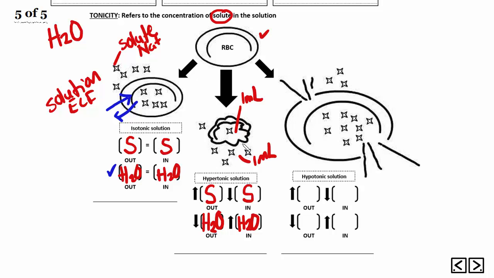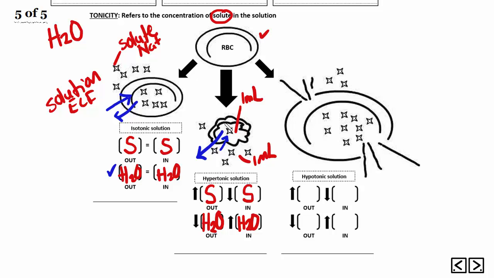More salt outside. And because salt can't move freely through the membrane, I mean, it can move by facilitated diffusion or active transport, but all that is relatively regulated, whereas water can just move very freely. Because of that, more water will leave the cell towards the salt. Water moves towards salt, you can put it that way. Or really what's happening is water is moving down the concentration gradient from high on the inside to low on the outside. Some water will make its way back in, but there is a net loss of water, and therefore